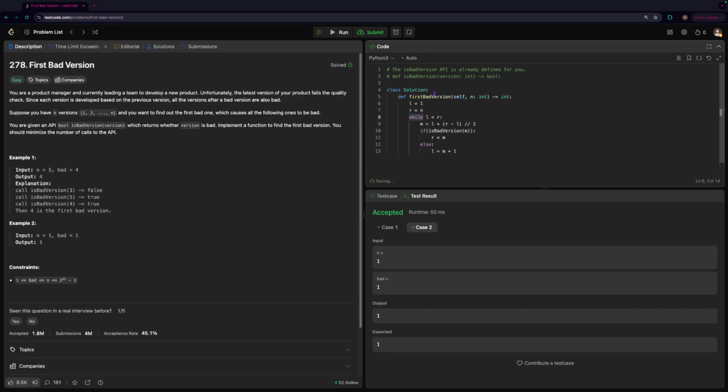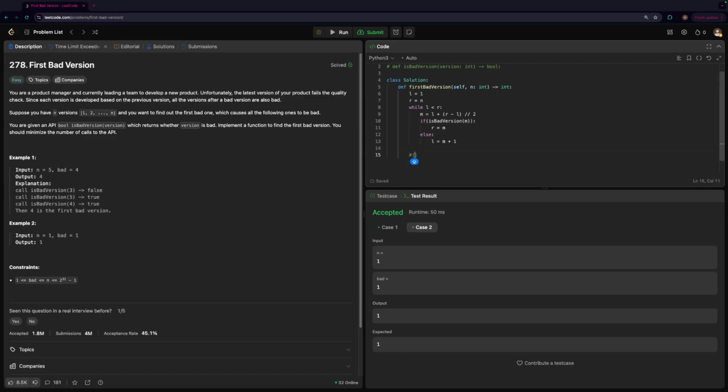So for example, if we look at this array right here, we're going to have something like good, good, good, good, then bad, bad, bad. So our first midpoint is going to be here, and it's not bad. So our left pointer goes here to this B. Now we're looking at this. Now we see that our middle is bad. So what happens is our right becomes our middle. And then eventually we see that this right here